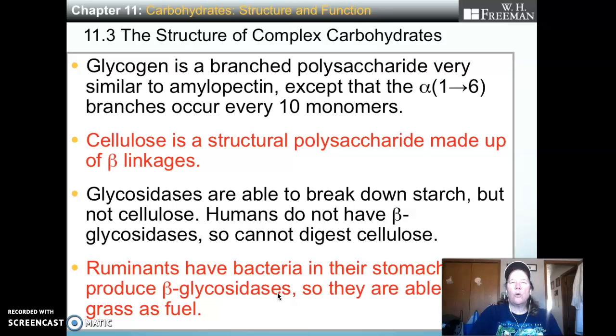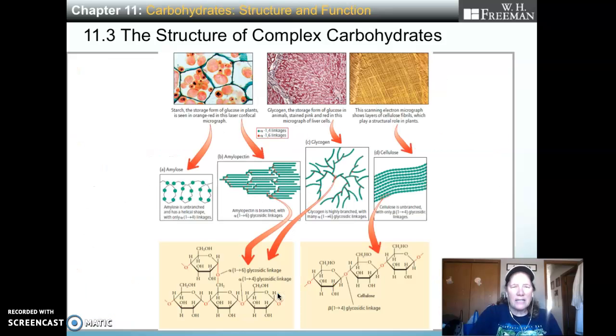Okay, so let me see. This is the last slide we'll do. This is right out of your book, so if you want to look at it more. Like I was telling you, the structures have different branching. Here's cellulose that doesn't branch out, so we don't have the stuff to break it down, whereas the branchy ones we can, for some reason. This is microscopic, I mean, this is if you looked at a